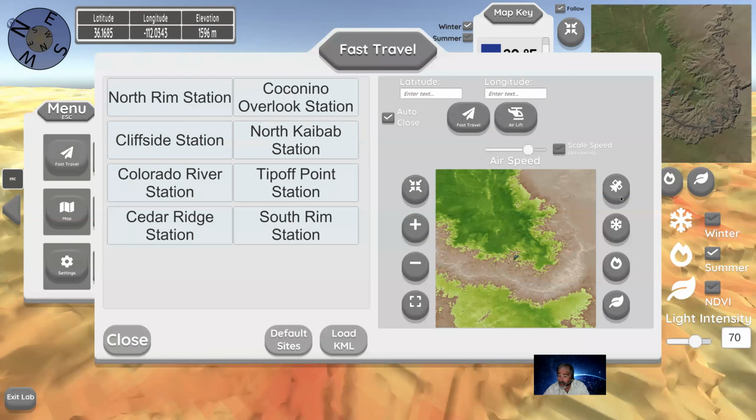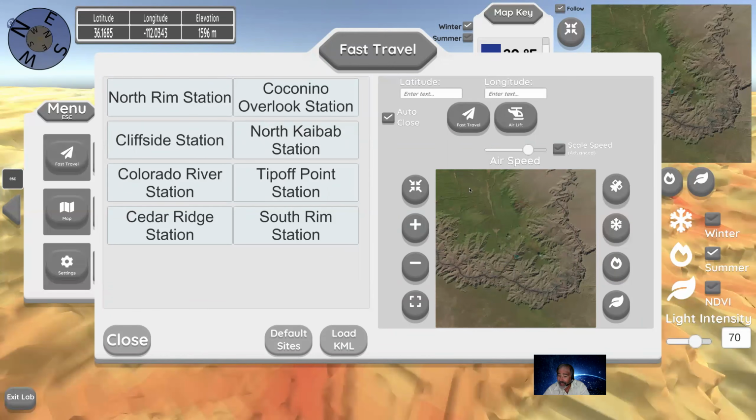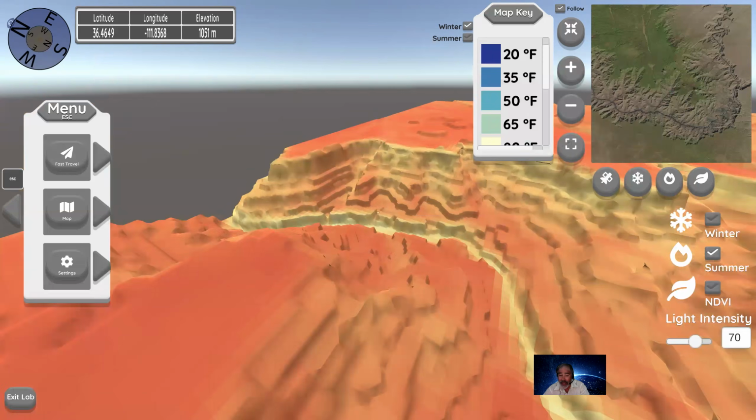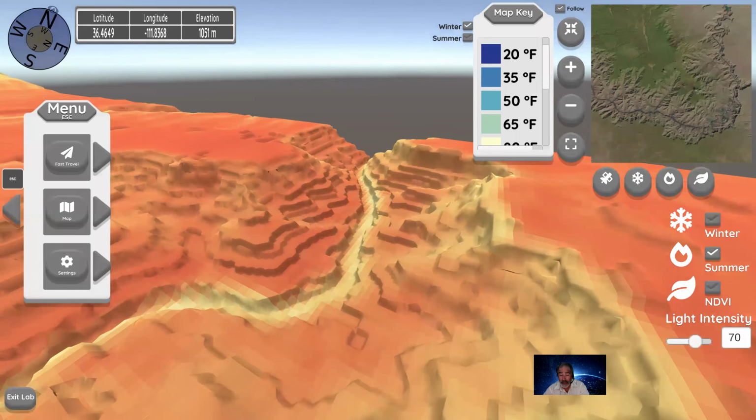You can fast travel to a location simply by clicking on it in the Inset Map. So let's say I want to jump way up here to the northeast corner of the game board. I click on the location, notice it changes the latitude and longitude, then I click on fast travel and I jump to the edge of the game board. So if I do fast travel again,